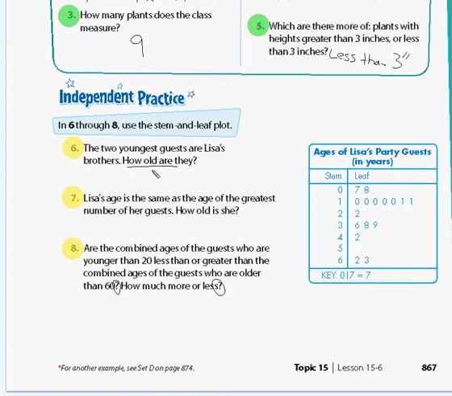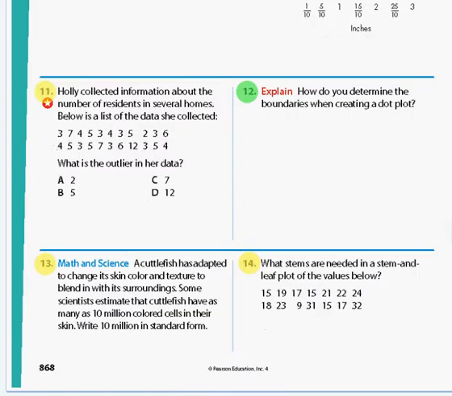And question number 8. Okay, are the combined ages of the guests who are younger than 20 less or greater than the combined ages of the guests who are older than 60? And how much more or less? So you got 2 question marks, I got 2 answers. So I basically need to tell which group, if you combine their age, is the greatest, and by how much it's greater than the other group. Look at the next